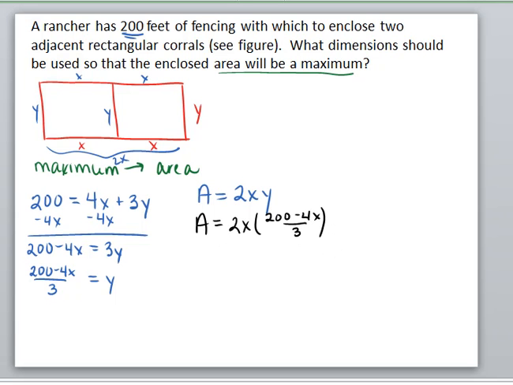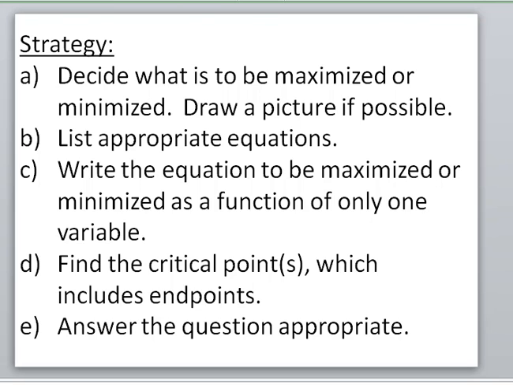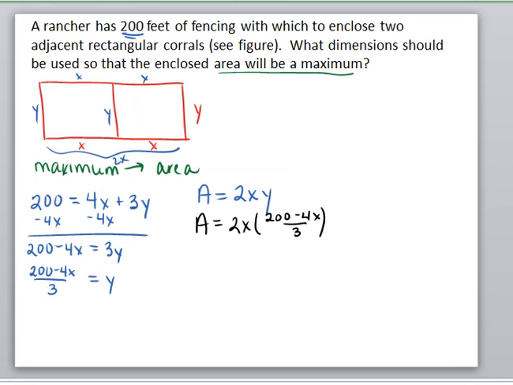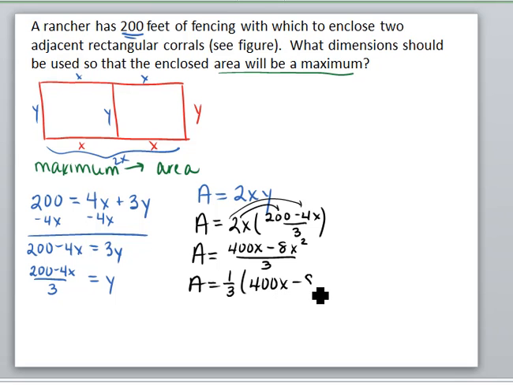I don't really want to take the derivative of that yet because it says to find the critical points, and I know that means I have to find the derivative. I don't want to end up having to do a product rule, so I'm going to distribute this through. That gives me 400x minus 8x squared over 3. Now I don't really like this 3, but it's really just a constant of 1/3, so I'll pull it out front. And then I could take out an 8, which I will go ahead and do. So I now have the area equation to be 8/3